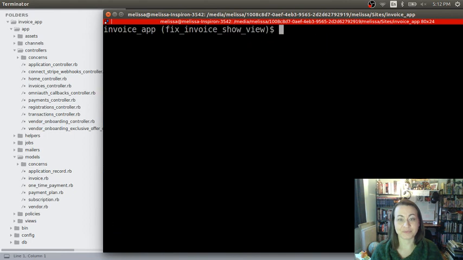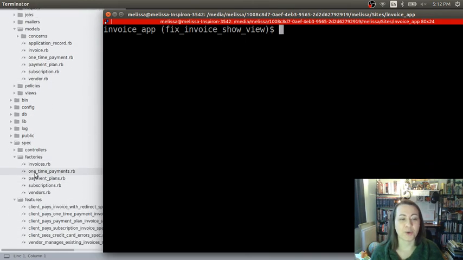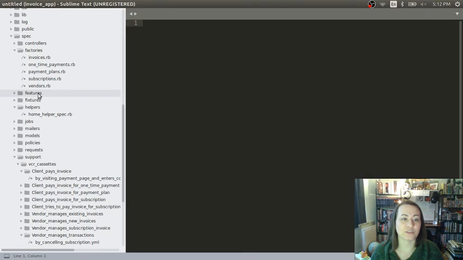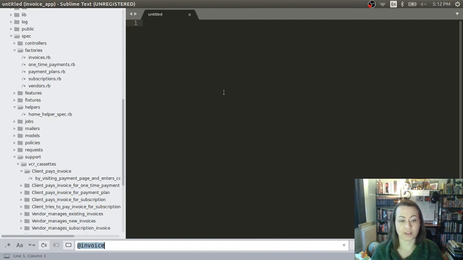So, all right, let's go ahead and make our test. If you are new, I tend to make feature tests, integration tests, first, so it's an outside-in strategy of testing. I make the feature test, and if there are any unit tests that would support it, I make those along the way. So we're going to create a new feature, and we're going to call it vendor